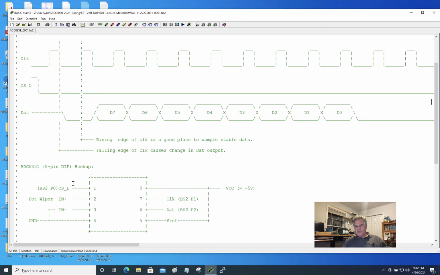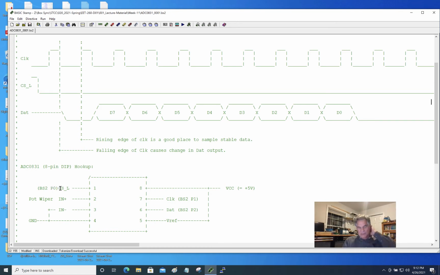So here again, here's our hookup. The 5 volts goes to pin 8 and the ground goes to pin 4. In minus is grounded, so even though this is a differential input, we use it in a single-ended form. The pot wiper goes to in plus. Now from the BS2,